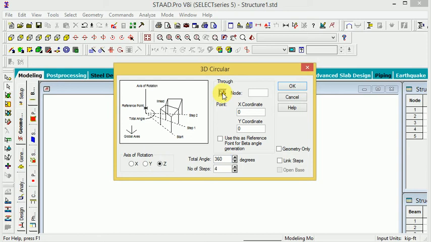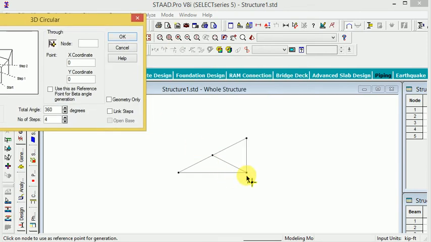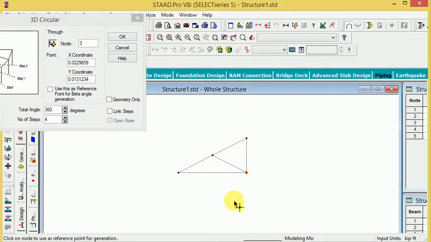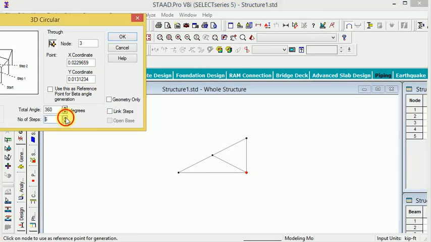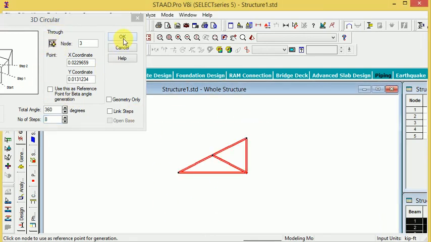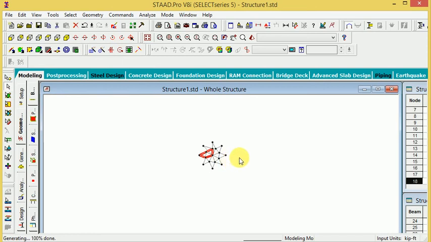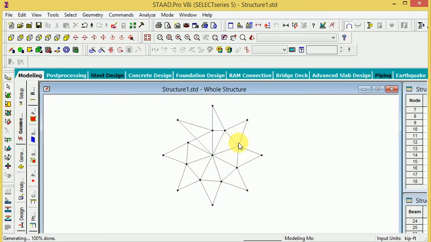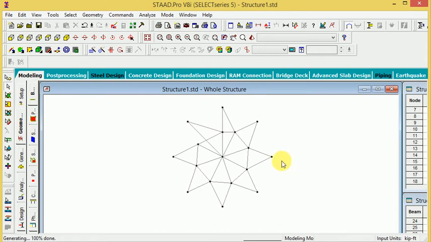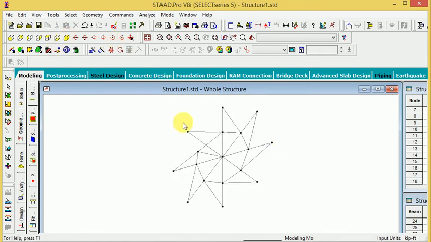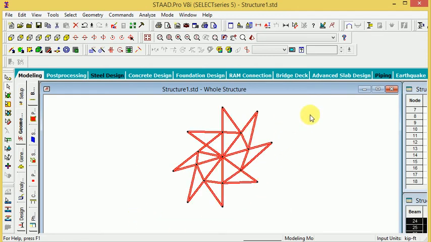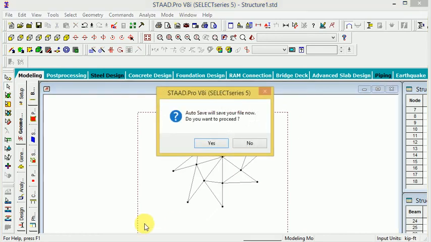If you want Z direction, go to node and apply the point, and the number of steps, if you change it to 8 and select, again select node and OK, and yes, we will do this Z direction. So this is called the Z direction of circular pattern. This quantity is 8, look at this in 3D dimension here. So it is called 3-dimensional working and Z direction of circular pattern.